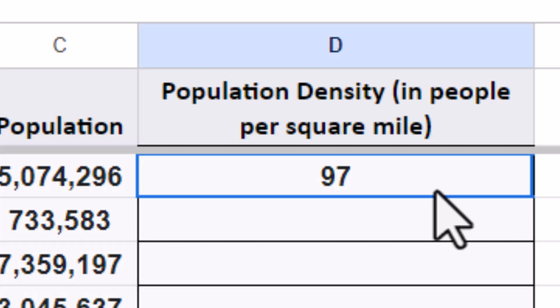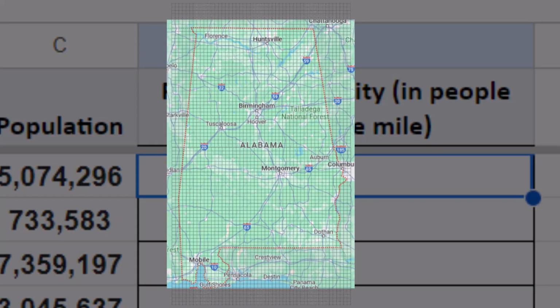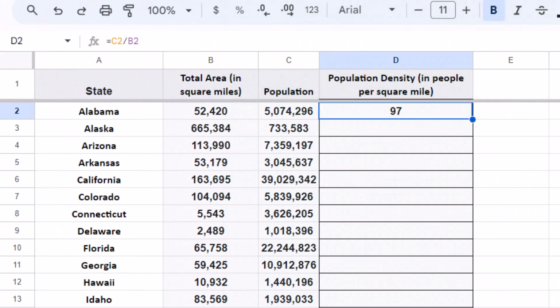What I want to talk about right now, though, is what does that 97 mean? So what this means is if you were to draw square miles all over Alabama, break it into square miles, you could fit 97 people spread out evenly on each of those square miles. This isn't, of course, how people actually live in states. They don't spread out evenly. They usually cluster near large urban centers, like in Alabama, I would imagine Birmingham. They'd have a lot of people. But the population density of the entire state, on average, if you spread them all out evenly, would be 97